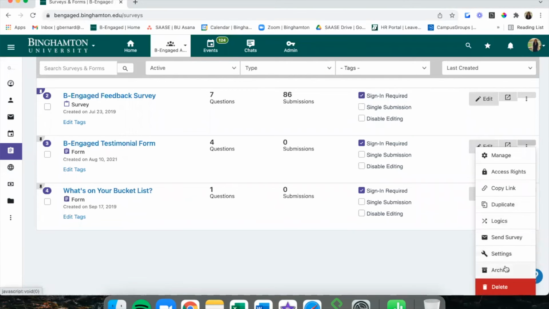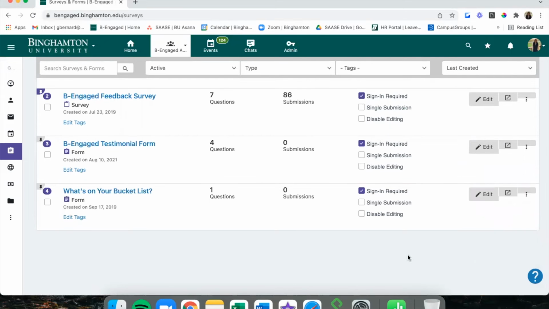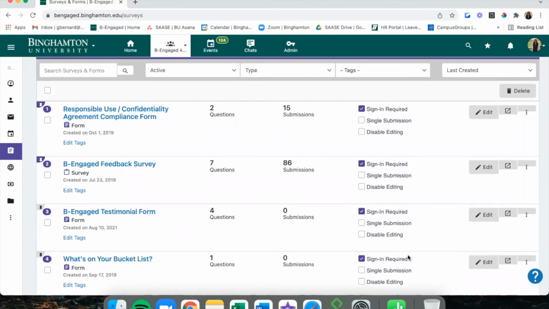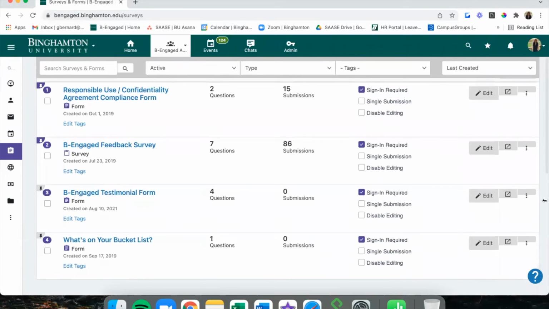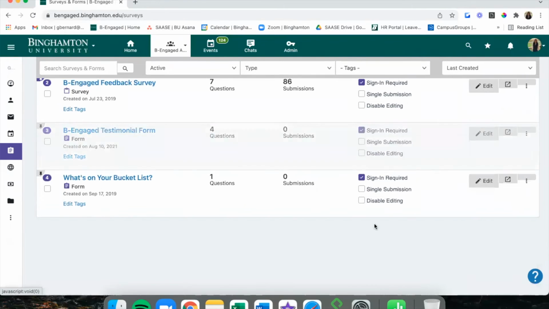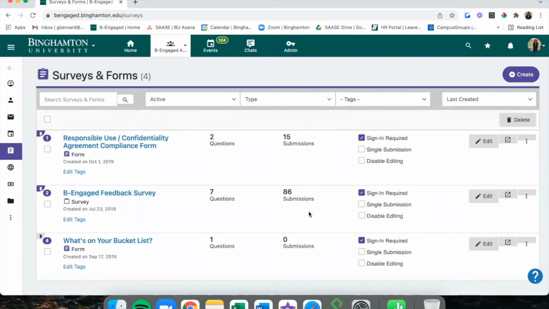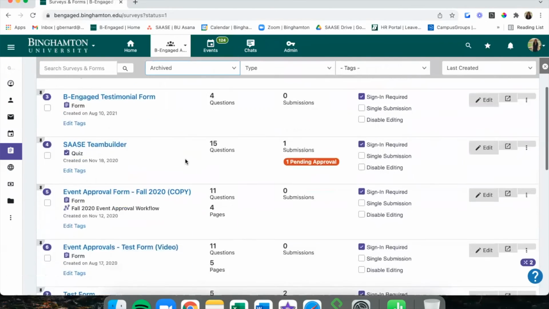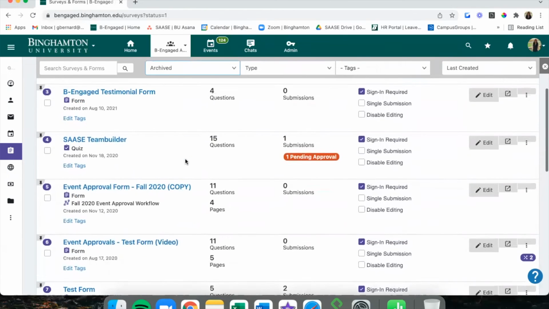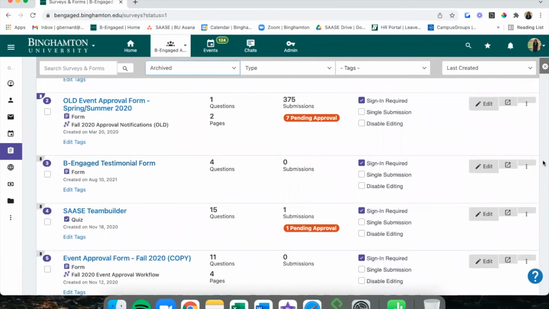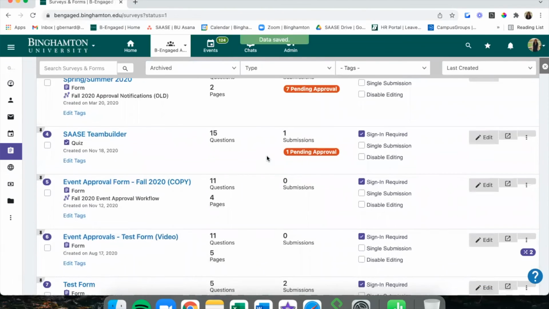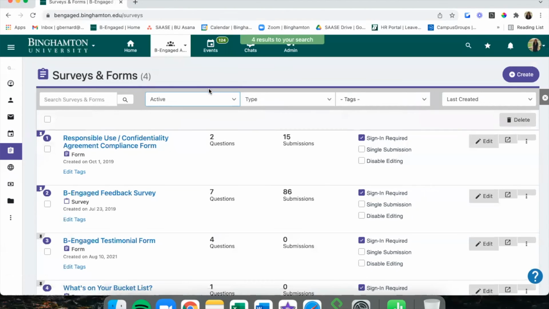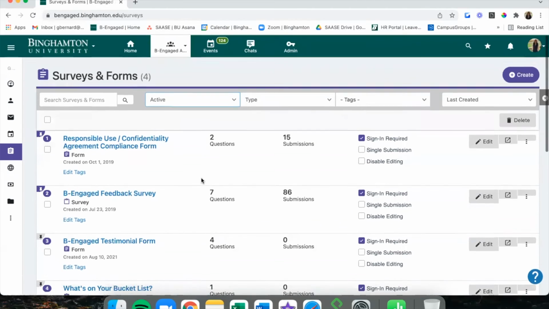And the last thing on here is the ability to archive your form. So maybe you've set up a form and it's just for the fall semester, or maybe it's just for the spring. After you're done, you'll head in here, scroll down, and click archive. And then all the archived forms can actually be viewed if you click this first filter and you click archived. You can see other forms we've archived in the past. And the one we just archived here, we can actually unarchive it and bring it back to active. And there it is, right on our main surveys and forms page.